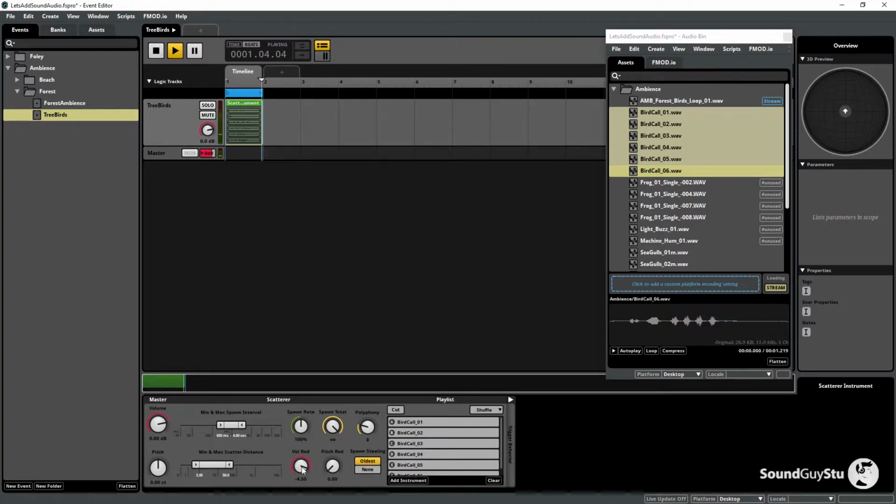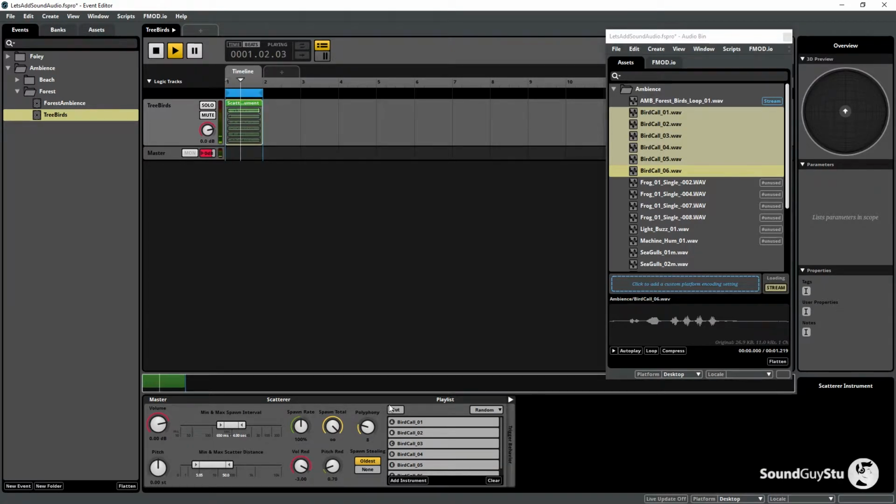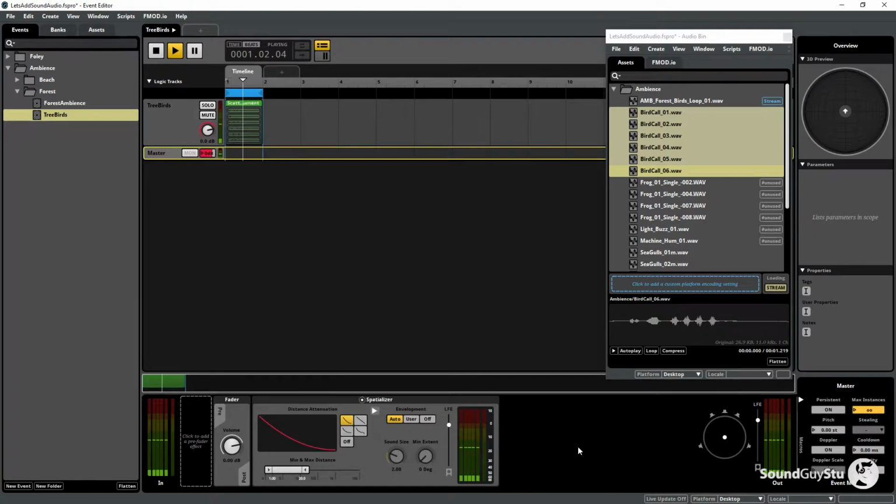Okay, we'll add a bit of modulation as well. Random. Yeah, don't need to worry about that. Okay, so I've got here the scatter sound. I might actually bring that a bit closer. So I want it all to spawn from one area because I'm going to put it in a tree, so that's fine. And if I go to the master, I want to set the output of this to